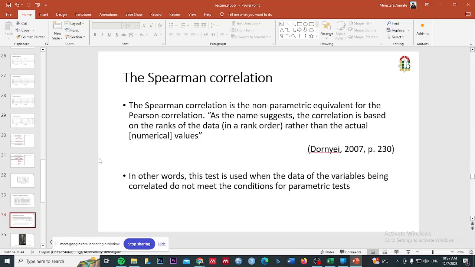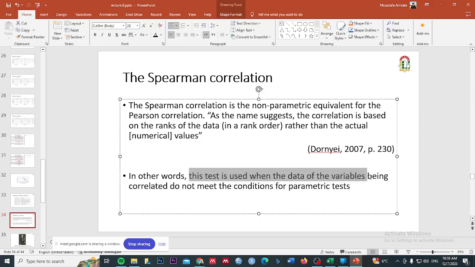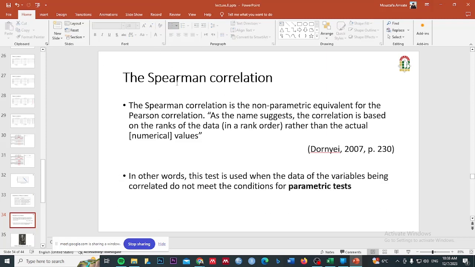All right. Let's move to the Spearman correlation, and the Spearman correlation is the non-parametric equivalent for the Pearson correlation. As the name suggests, the correlation is based on the ranks of the data, or the order of the data, and I will explain what we mean by this. This test is used when the data of the variable being correlated do not meet the conditions for the parametric test. Okay, so whenever we don't meet the conditions for the parametric test, we immediately move to the Spearman